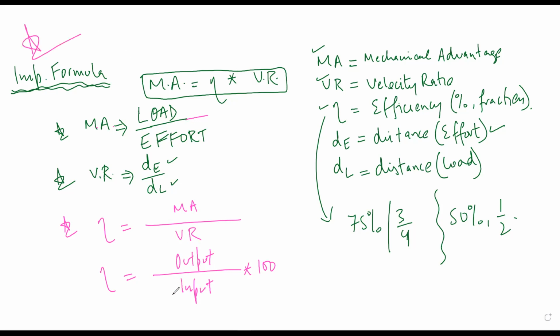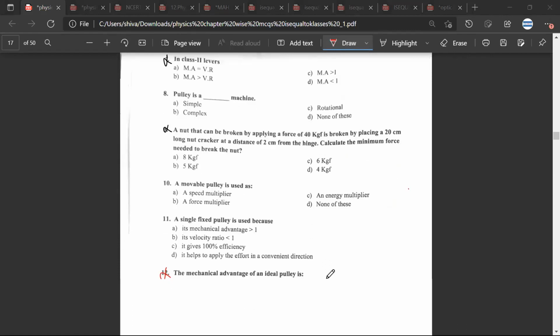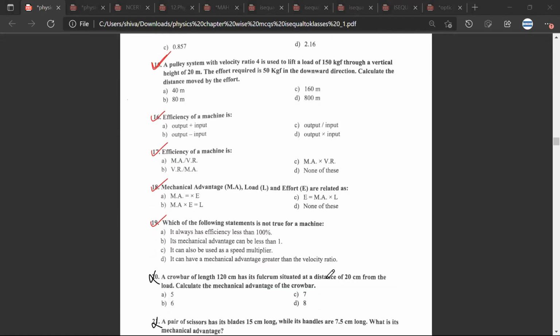Yes, sir. There would be times that one of the difficult numericals in this chapter, which we'll be doing at the end of this lecture, involves the power of effort and power of load. That is one of the difficult numericals that we need to understand. Let's focus only on the numericals. The rest of the things are still easy to understand.